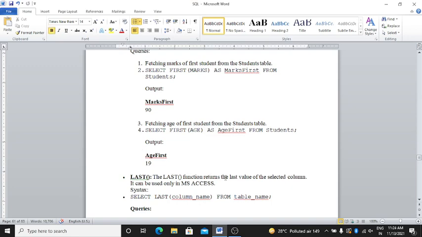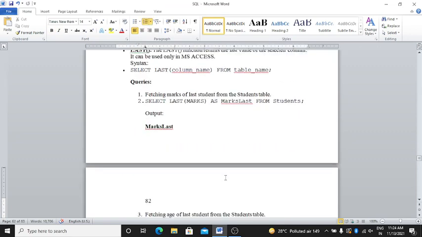Then next is last. The LAST function returns the last value of the selected column. It can be used only in MS Access. The syntax is: select LAST(column name) from table name.